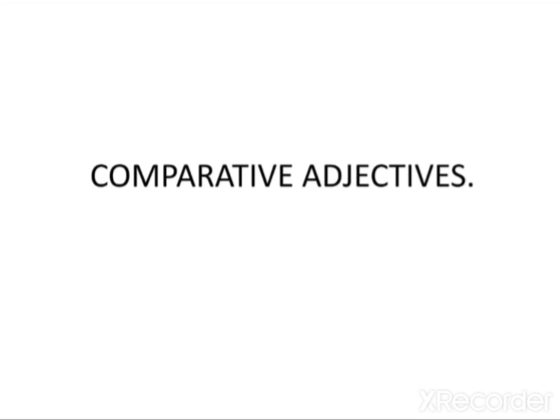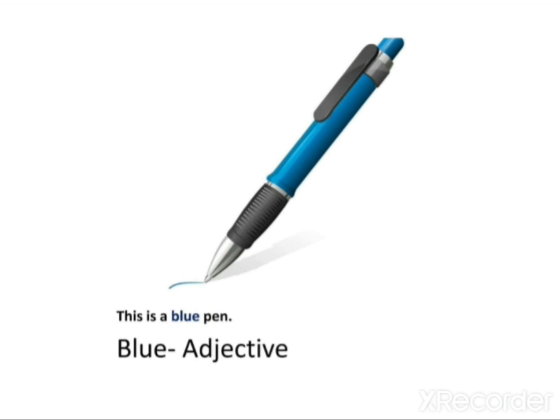A noun is a person, a place, or a thing. For example, this is a pen, because it's a thing. I am a person. My name is Anju. I am also a noun. Right now, I am in Ramnagar. So, Ramnagar is a place. So, a noun is a person, place, or a thing.